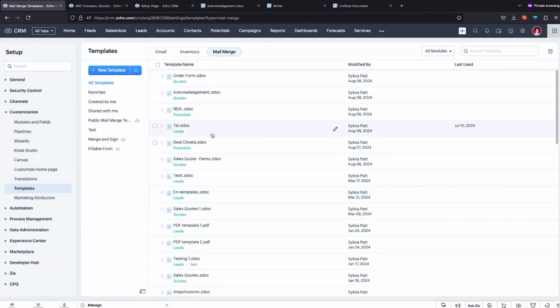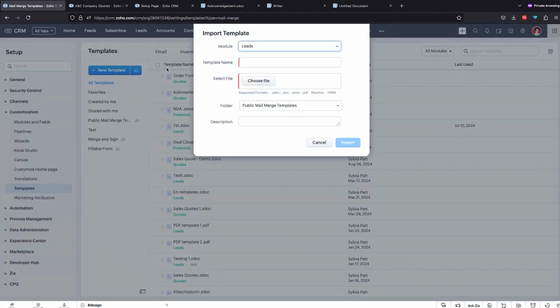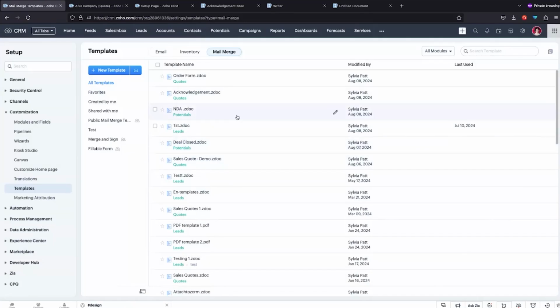So once the template is imported, you will also be asked to select the module in which you're going to use this template. So based on that, you can choose the required module and then import the document into Zoho CRM's template library. So once that is done, I'll just open up a particular template here